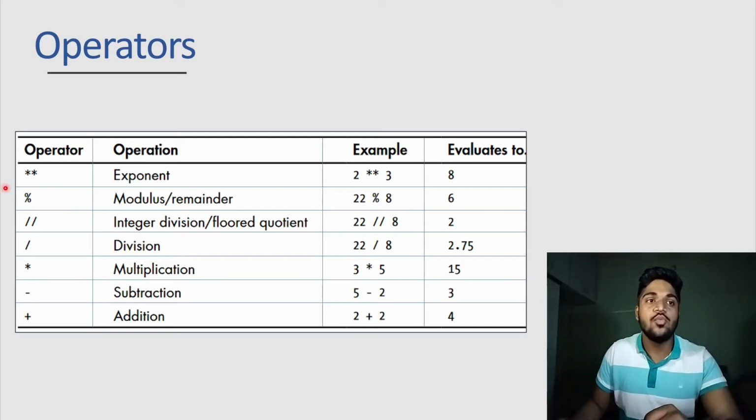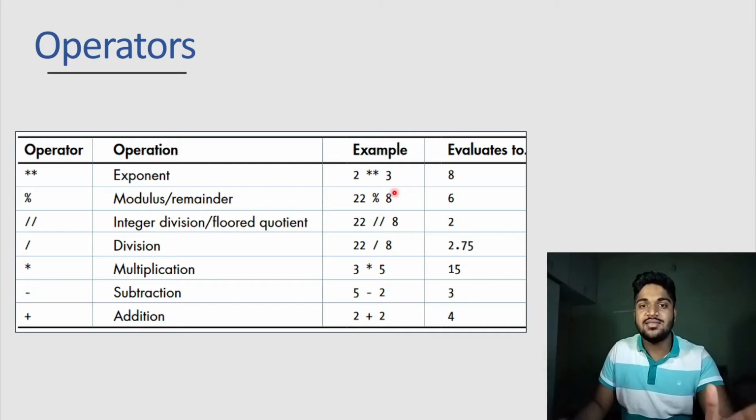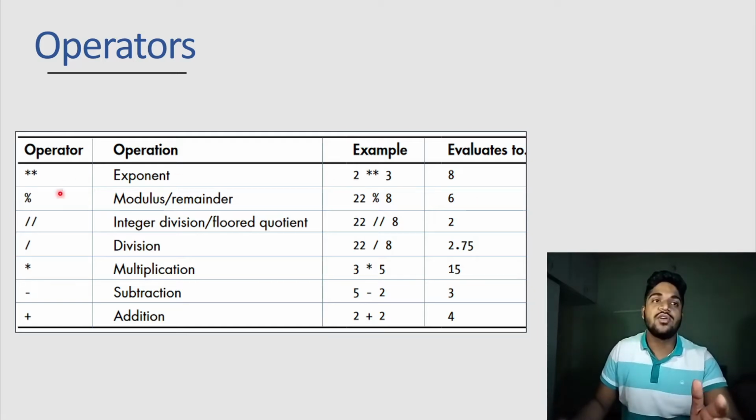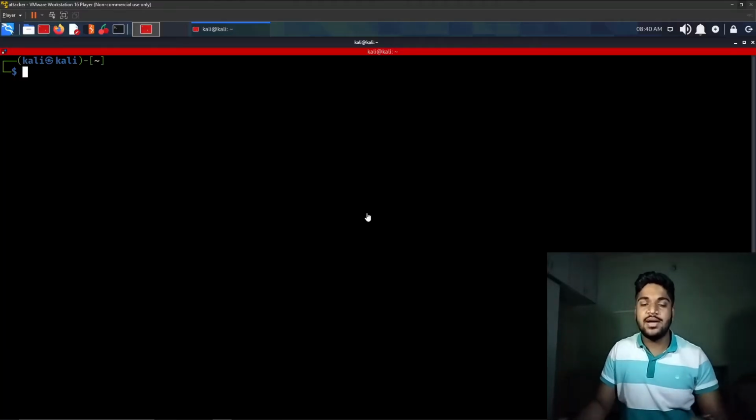And lastly we can do modulus. So modulus, as the name suggests, will get the remainder. The remainder is what is left after doing division. So we have 22, the percentage sign and 8, and this gives us 6 as a remainder, which is our modulus. The exponent is something like power of, so we can do that by using two multiplication signs. Let's say I want 2 cubed, then I do 2, double multiplication, and then 3 to get 8 as the cube. Let's see this in an interpreter shell.